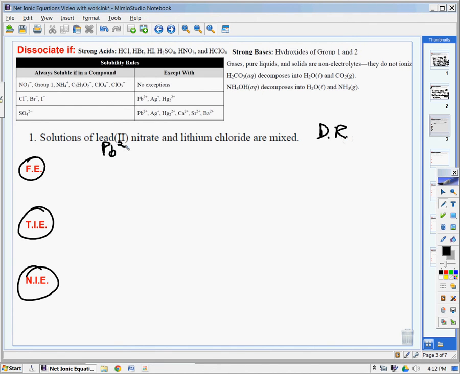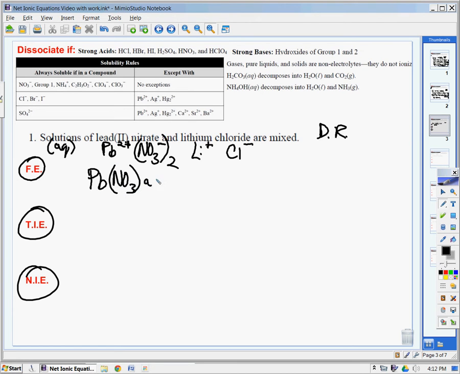Lead is 2 plus because of the 2 Roman numeral there. Nitrate is 1 minus because it's always 1 minus. Lithium is 1 plus. You can look on the periodic table for that one. And chloride is 1 minus. You can look on the periodic table for that one. They're solutions, so they're both aqueous. You should crisscross the charge on the lead to make sure that it's neutral. So that'll give us lead nitrate,